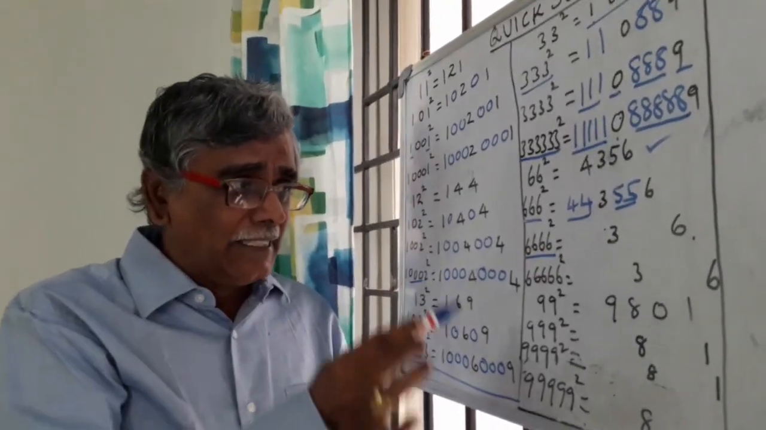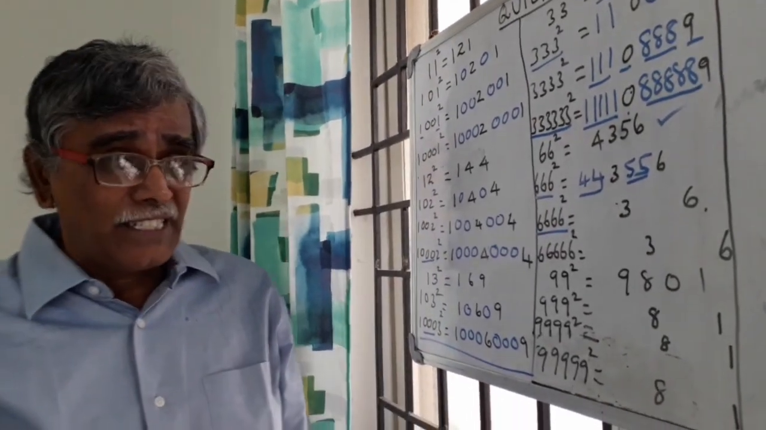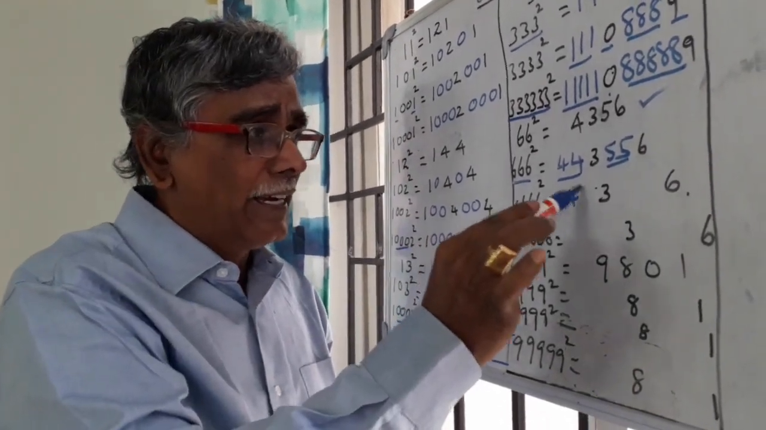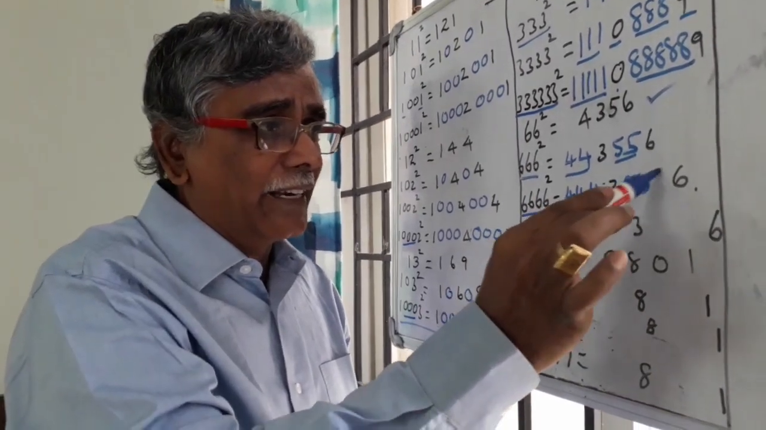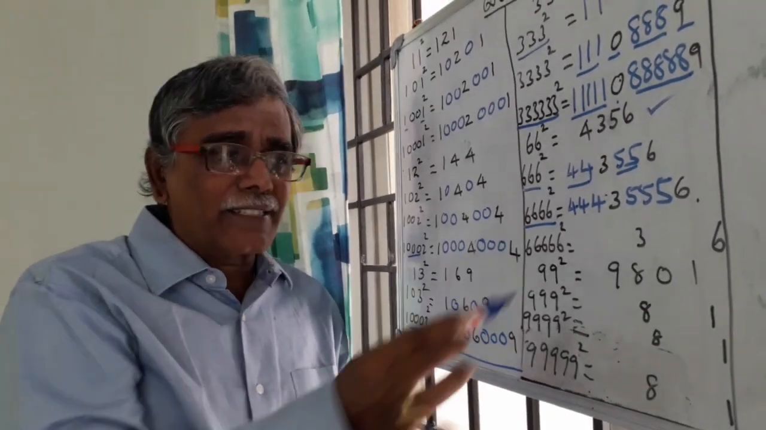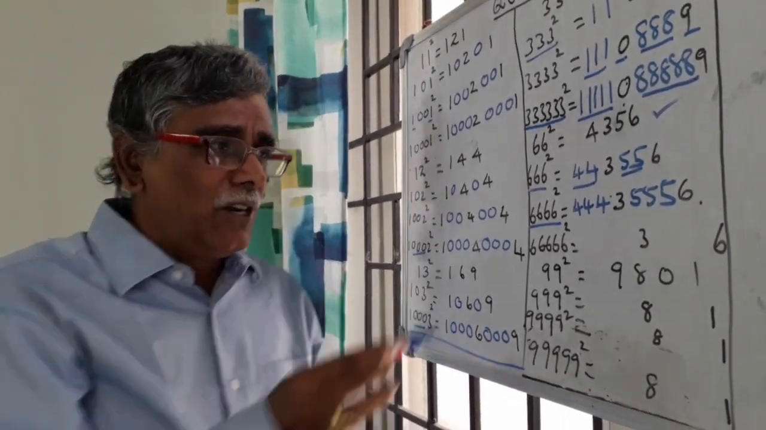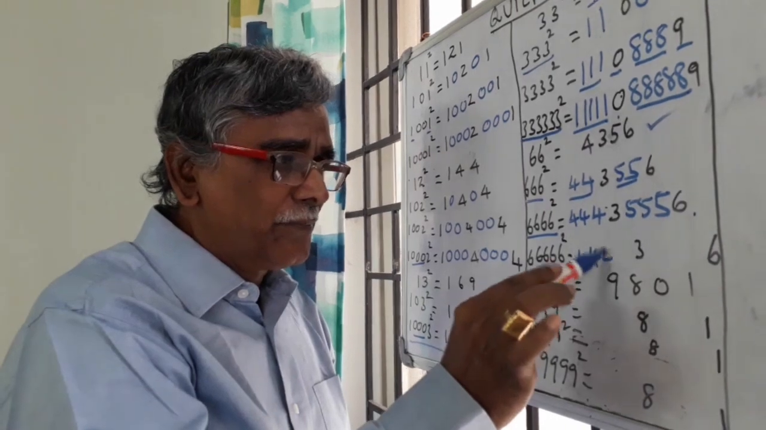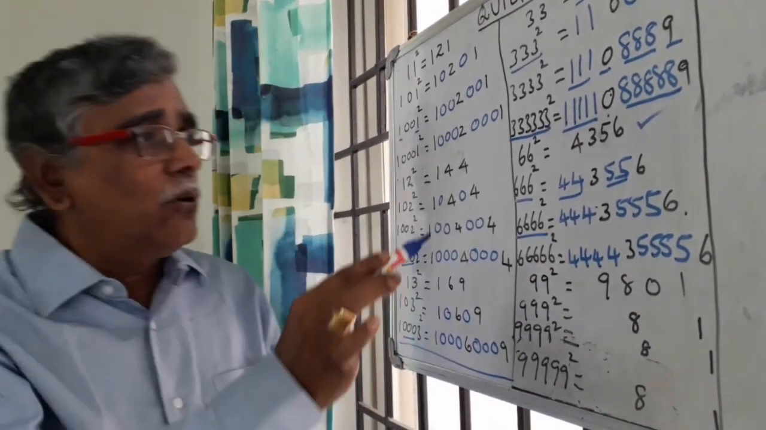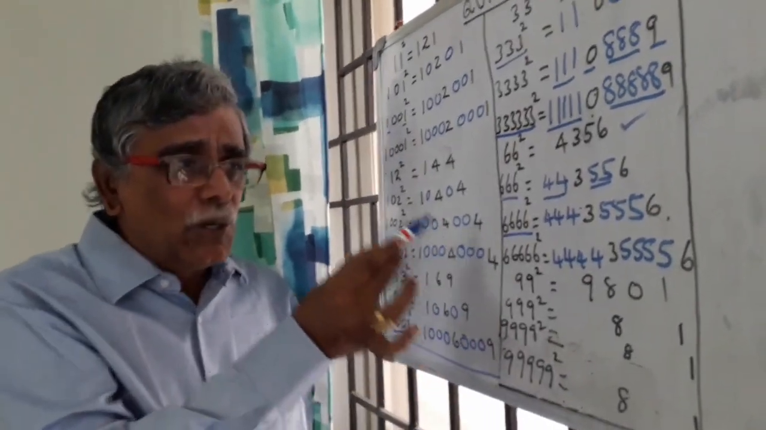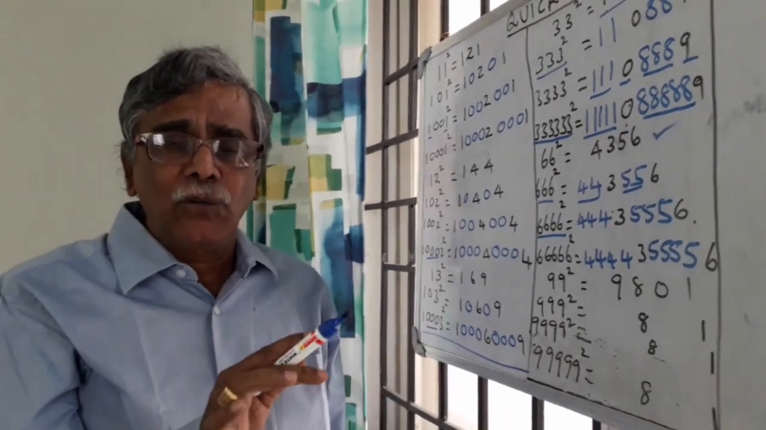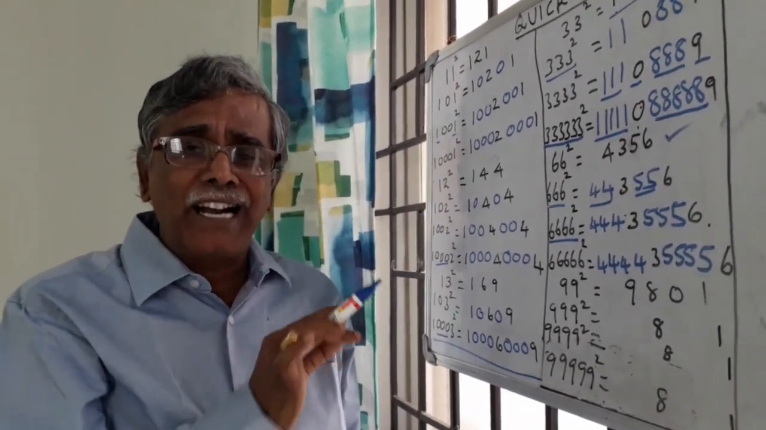And then 6,666 square. In this case, how many sixes are there? 4 sixes are there. So you have to put 444 here and then 555 here. So likewise, if it is a 5 digit number, all sixes, to find the square of this number, you have to put 4 fours and then 4 fives here. So if you know 66 square, you can find so many numbers containing all the digit 6 squares. To find square of any number containing all the digits